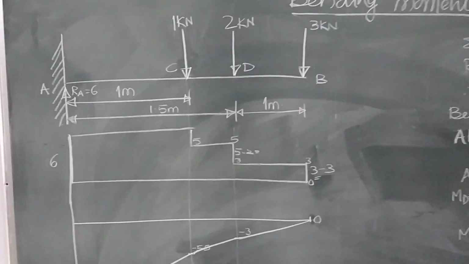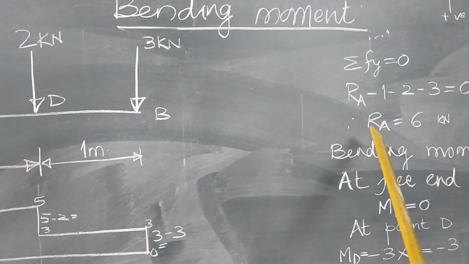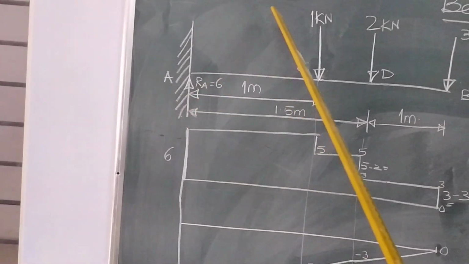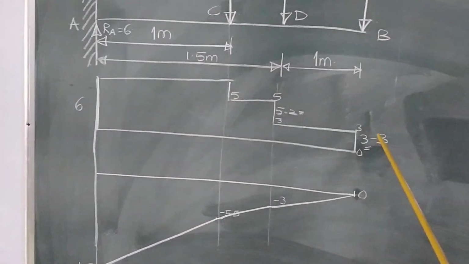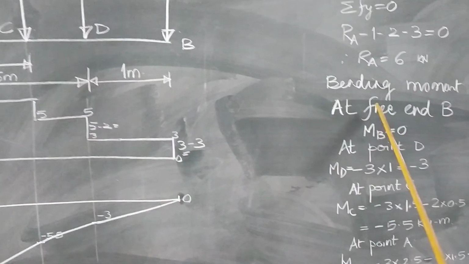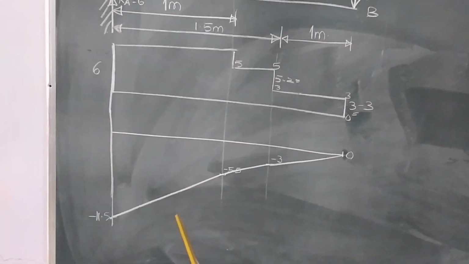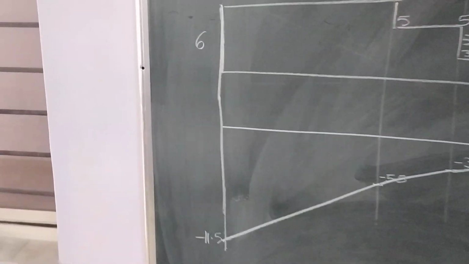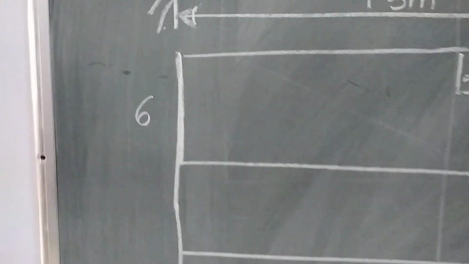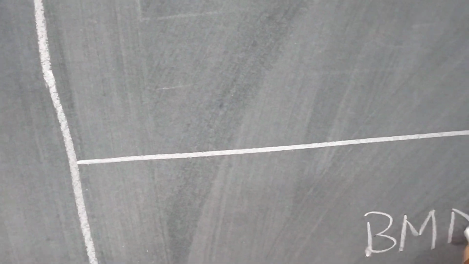You will have to first solve RA, which is a very simple algorithmic calculation, then shear force diagram, very simple, and then bending moment diagram, solve from free end. So the above one is SFD, and this is BMD, and this